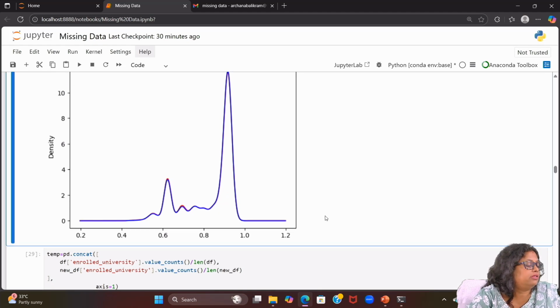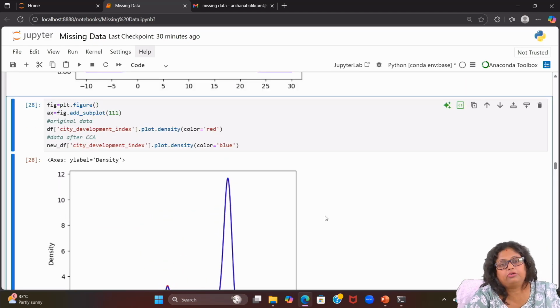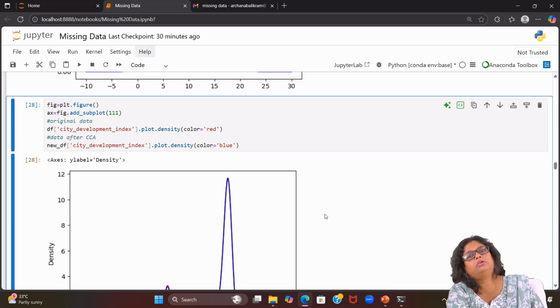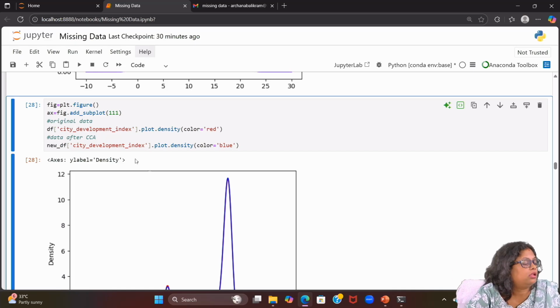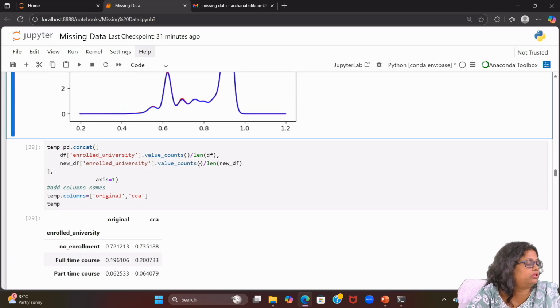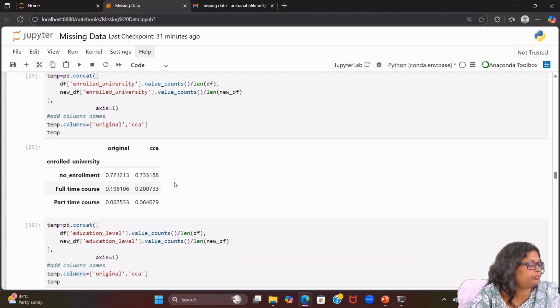So what we can see here is that the particular rows have been removed. After removing, we also took care of how much percentage of data was missing. Initially we found that 5% of data was missing. So once we deleted the rows in the columns having less than 5% missing data, the data distribution is still the same. So this is perfectly fine.